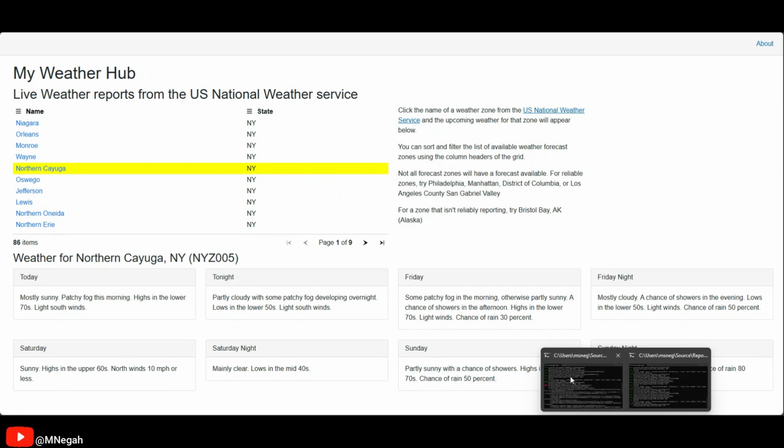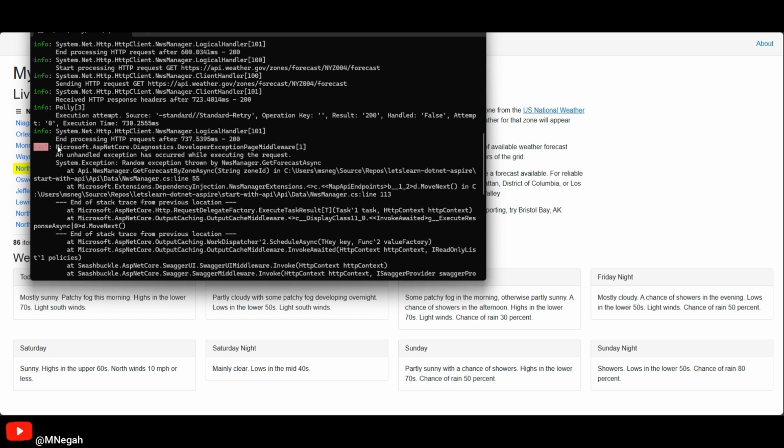There are errors happening in here, and this is the API. Inside of here you can see it has a retry policy that it's going through and using when it makes requests out to the weather service, and it's still throwing that error that I put in here, random exception. I inserted that to demonstrate this feature, and that error didn't come through to our application.